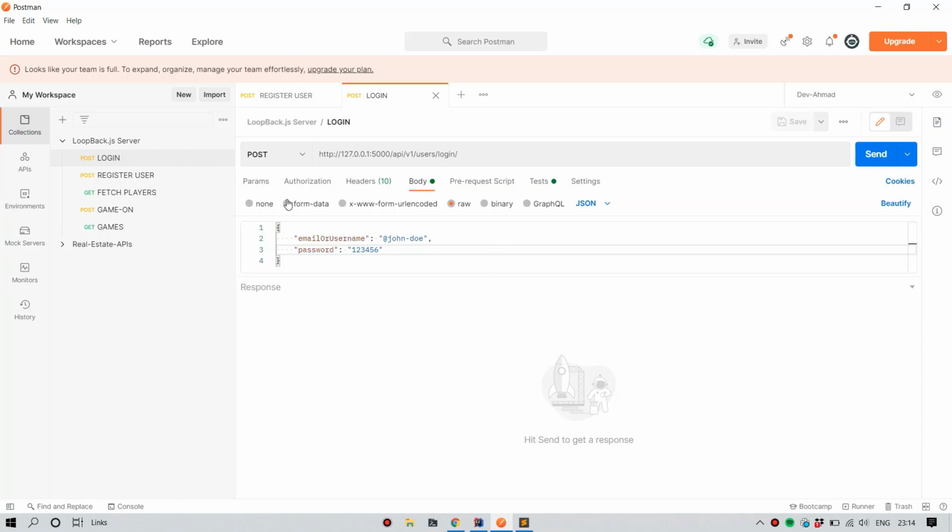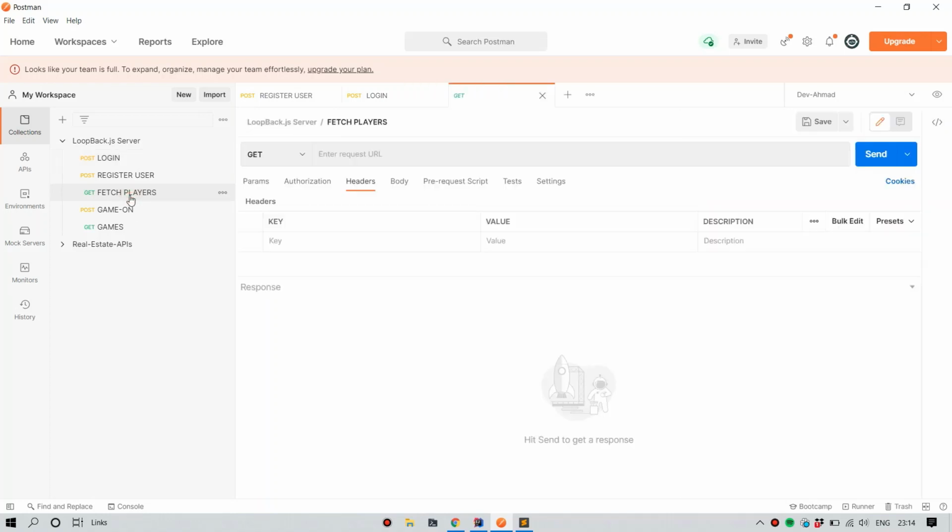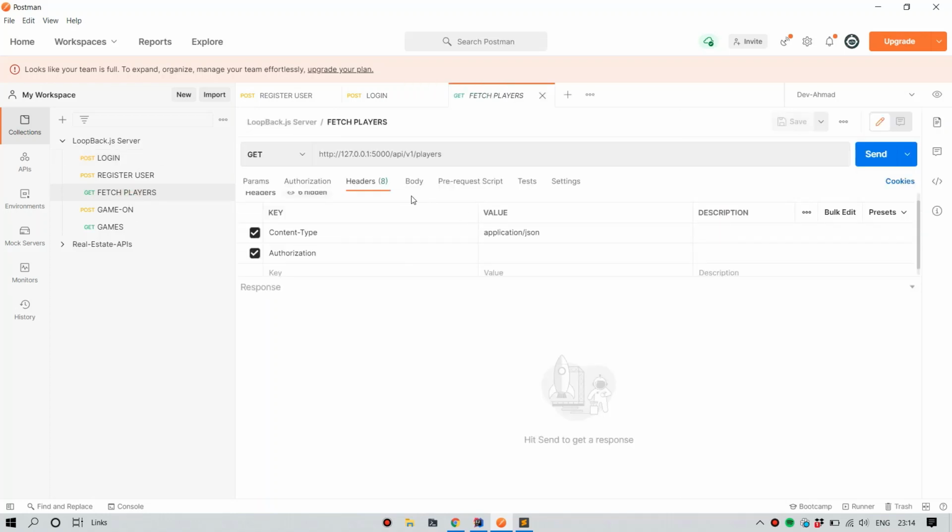Then in any other API endpoints where you need the JSON Web Token, you go to the header, define the authorization, and paste the token here as a bearer token, right? And then whenever you hit this API, you get more data that you need for another API.